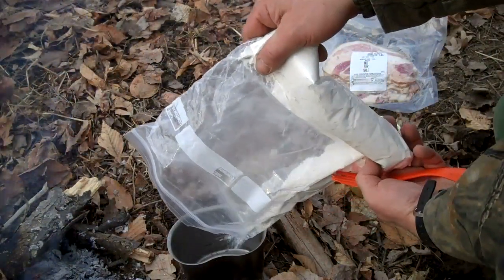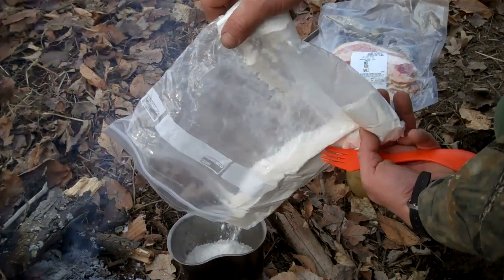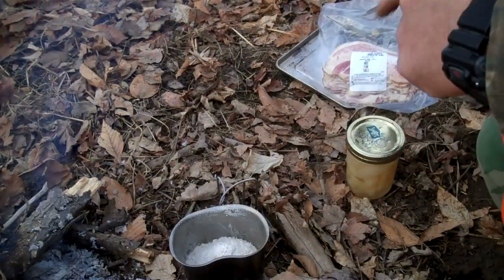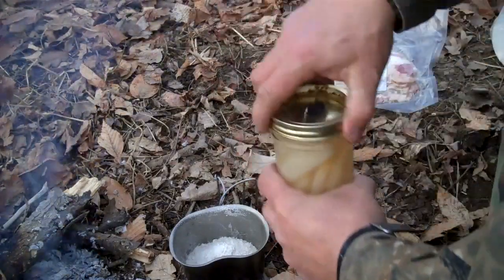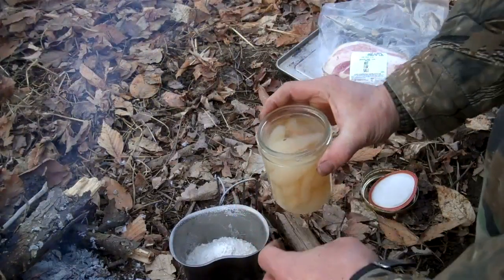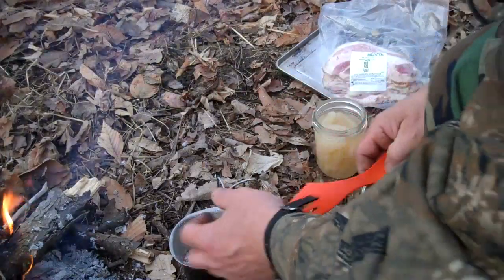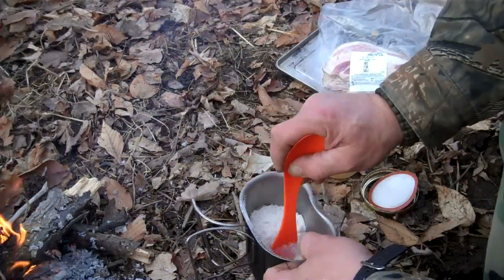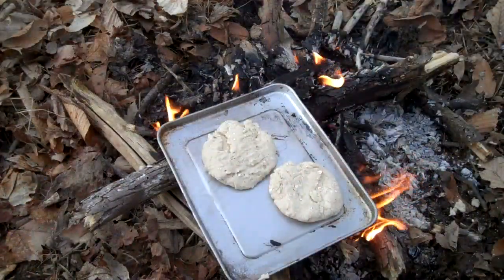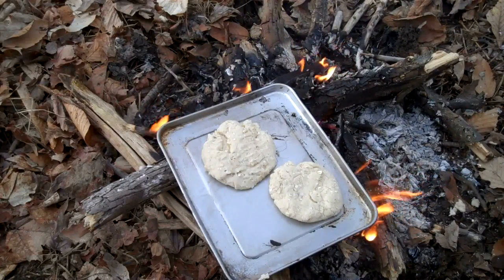Batteries are already getting low, guys. That's mainly because it's cold out here. See how this works out. Use that as my juice to mix up my bannock mix. I'll make these kind of thick, that way I can hand roll. Got me a couple small Johnny cakes, little bannock cakes of bacon